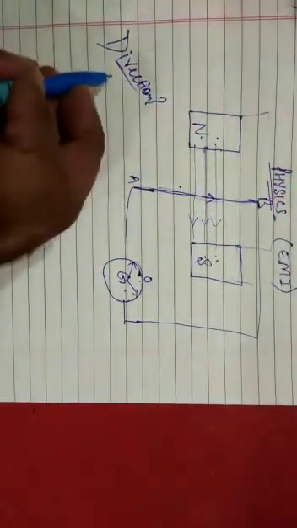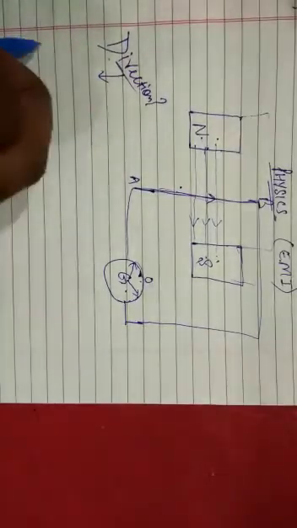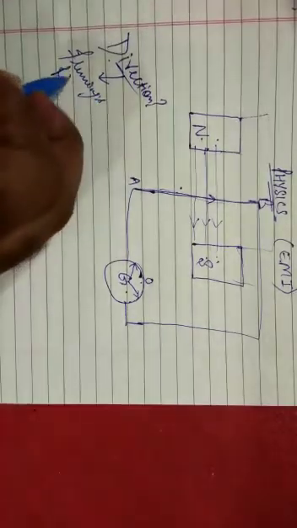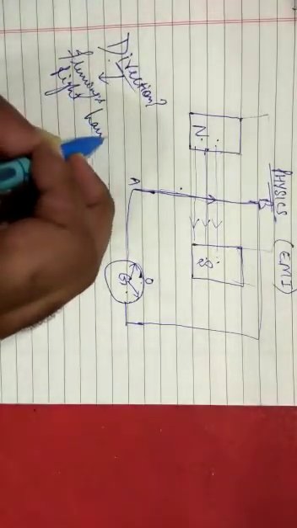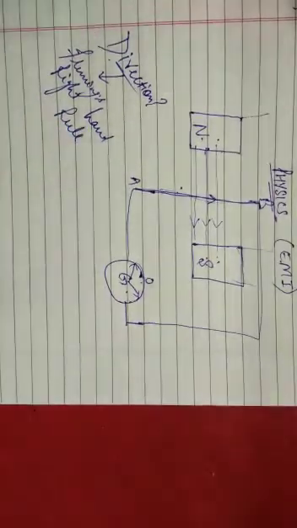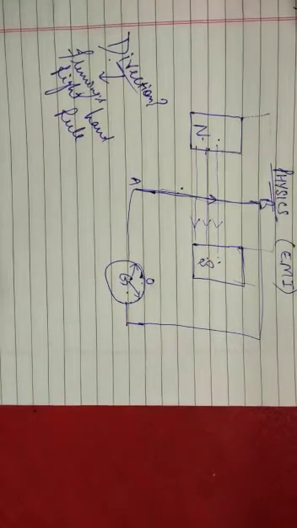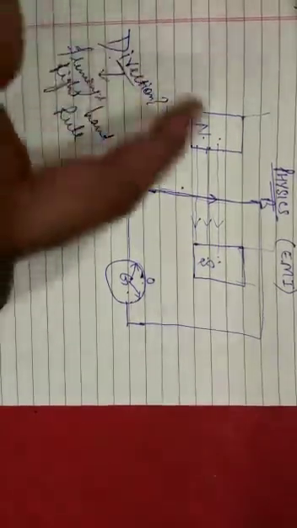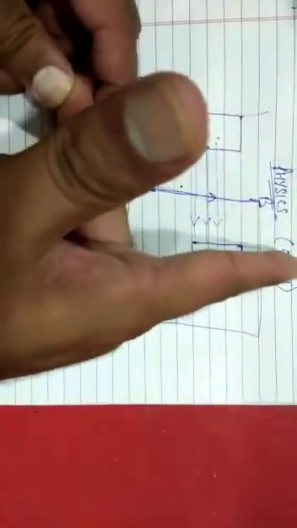To find out the direction of induced current, we are given Fleming's right hand rule. Let me tell you, bacho, this is not Fleming's right hand thumb rule. This is just Fleming's right hand rule. Just like the other rule, the left hand rule, similarly on the right hand, the central finger, forefinger and thumb must be at 90 degrees to each other.